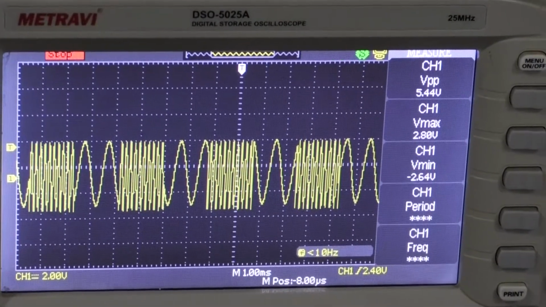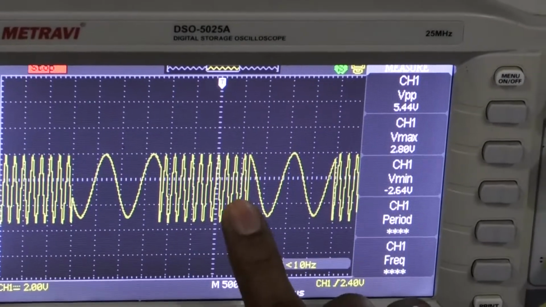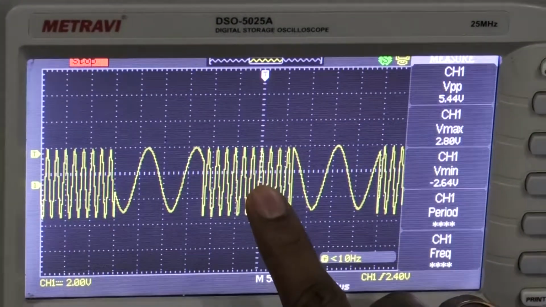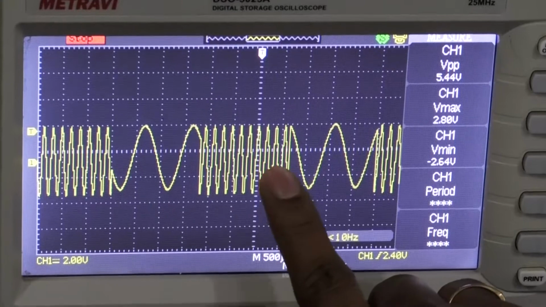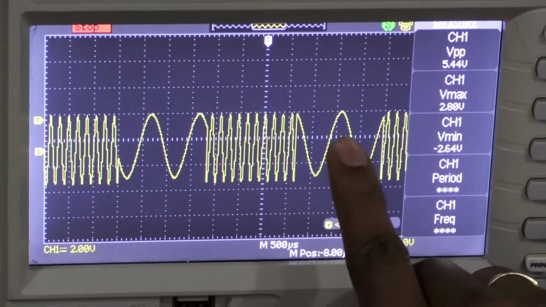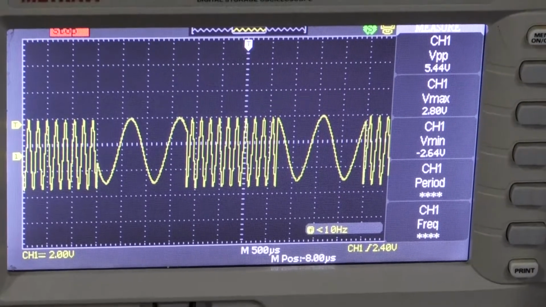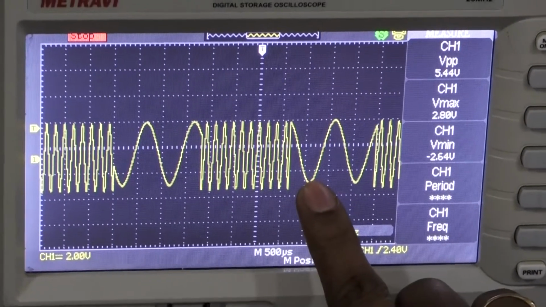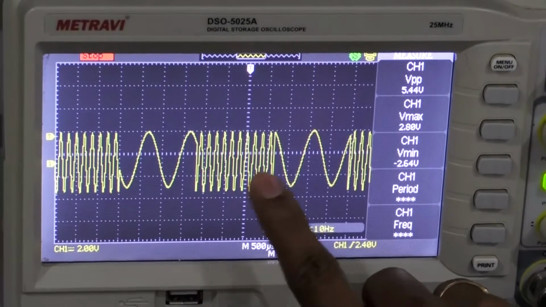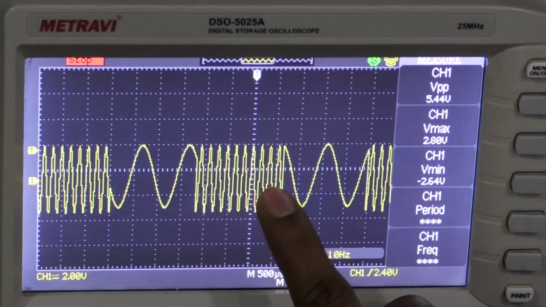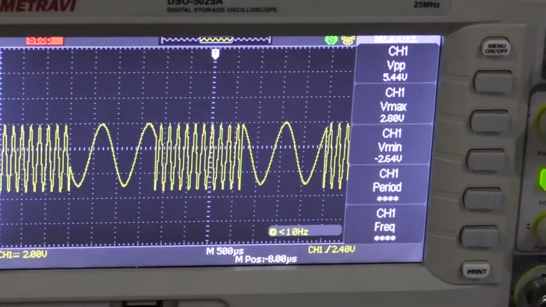See here, so this is the output we require. Suppose if you transmit 1, you will get a high frequency translation. If you transmit 0, you will get low frequency outputs. How do we know this? If you compare the data and this generated FSK output, you will get the clarification.